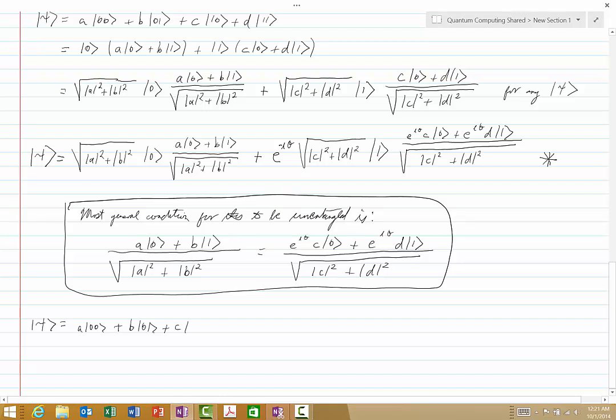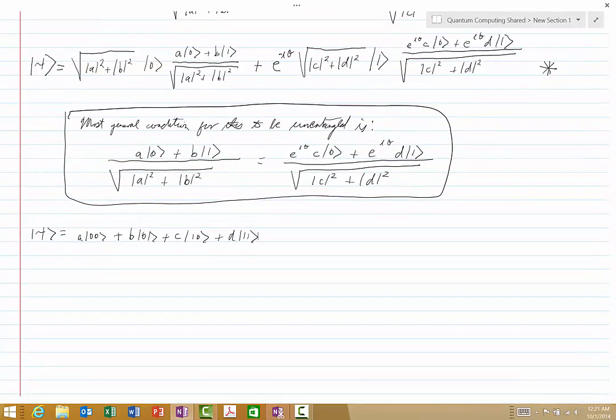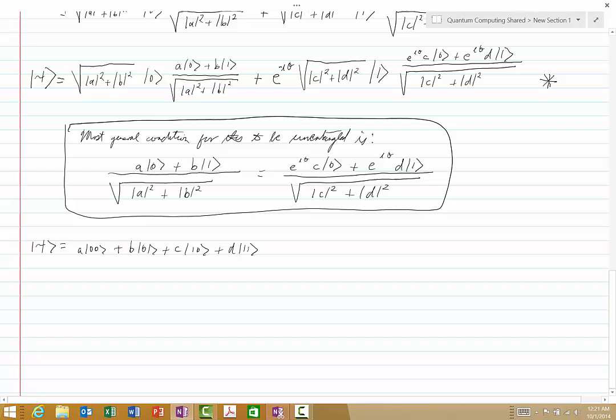and derive another way of writing it. And this time I won't show all the steps because I believe that it's clear. What I'm going to do now, instead of factoring out the first qubit, I'm going to factor out the second one. So in other words, I'll show just the beginning step here. I'll have